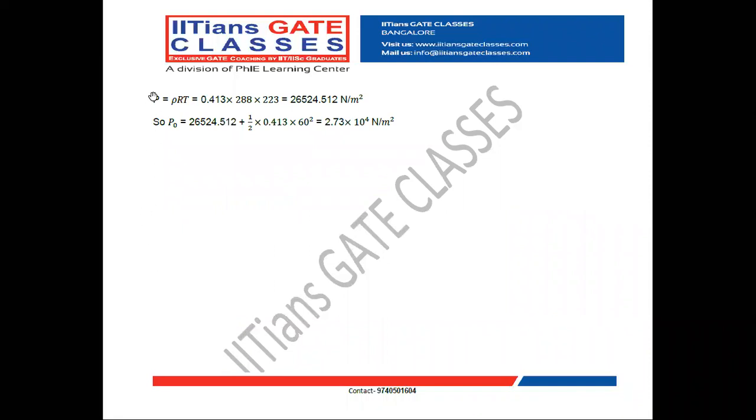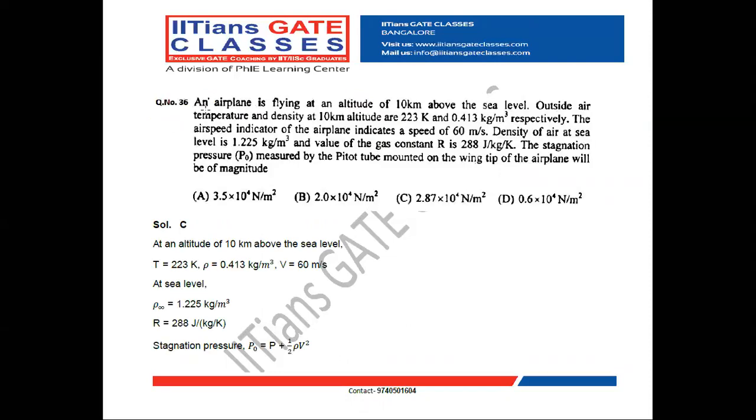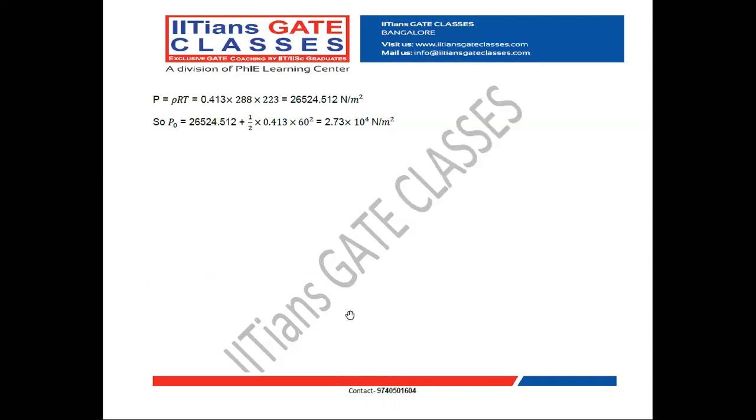From the ideal gas equation, P equal to rho RT, we can find out the static pressure. Rho is given, R the gas constant is given, and the temperature at the 10 kilometer altitude is given. So the static pressure at that altitude is obtained as